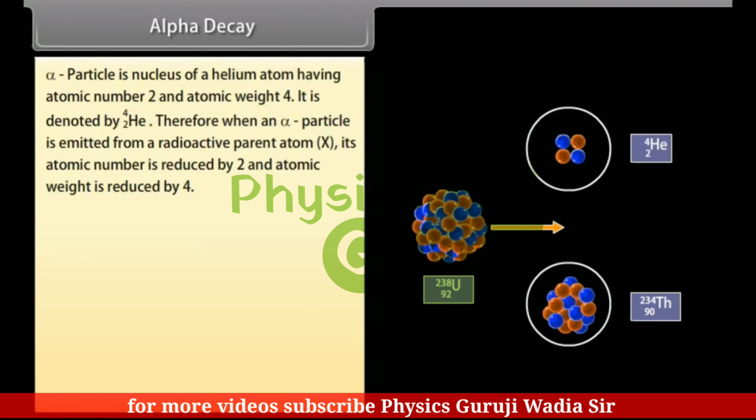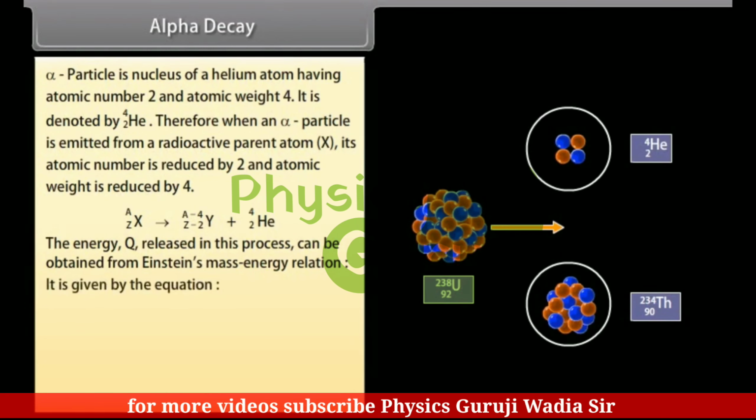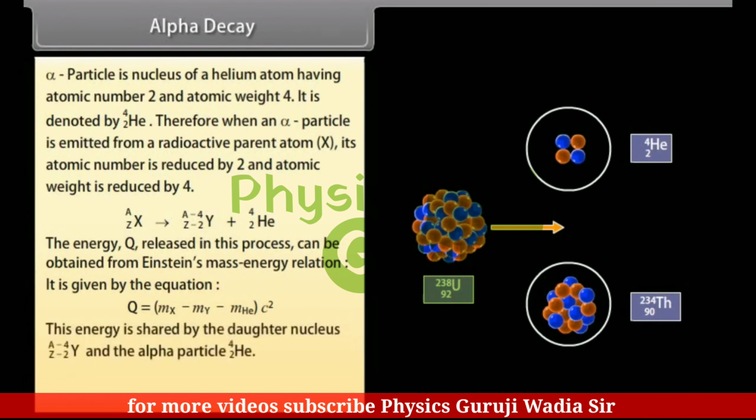The energy Q released in this process can be obtained from Einstein's mass-energy relation. It is given by the equation Q = (mX - mY - mHe) c squared. This energy is shared by the daughter nucleus and the alpha particle. For example,